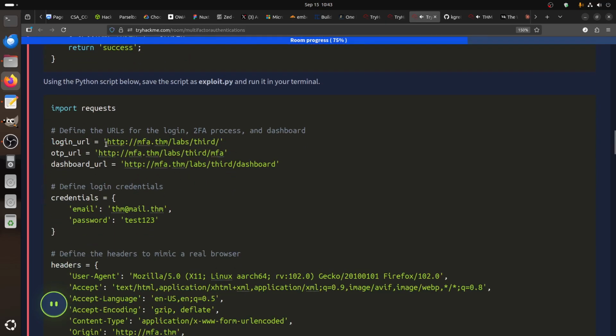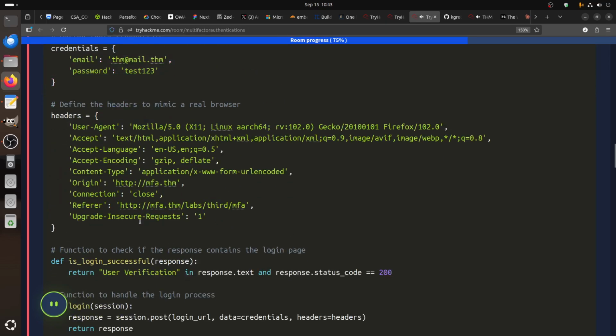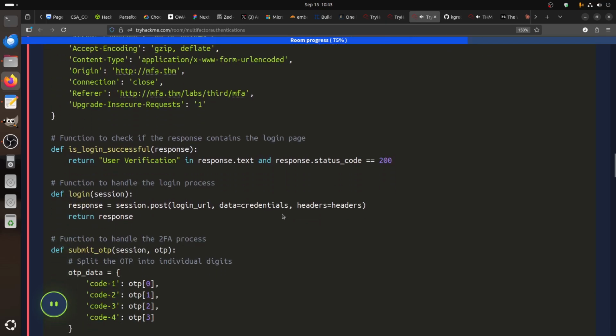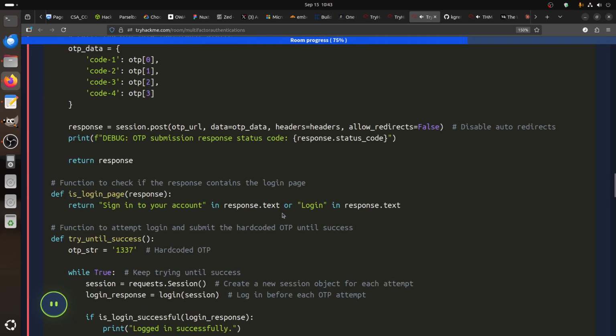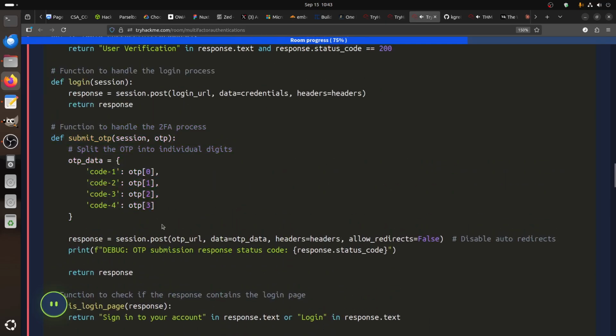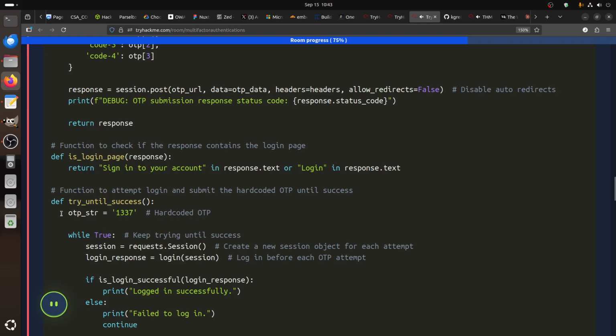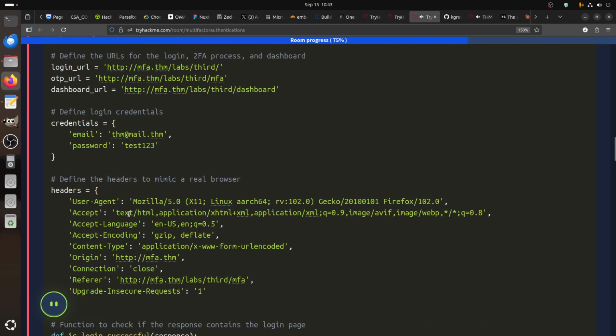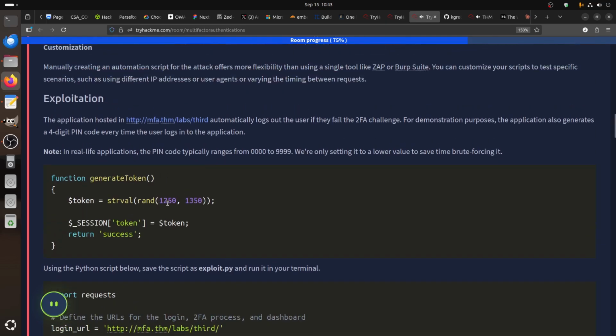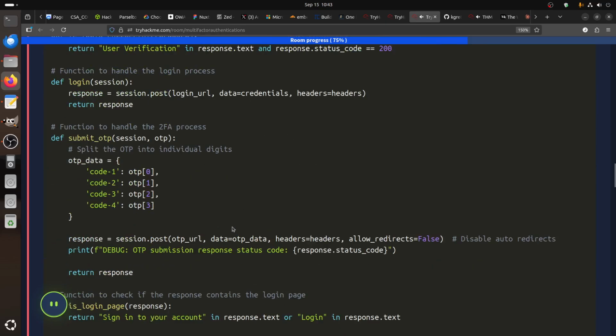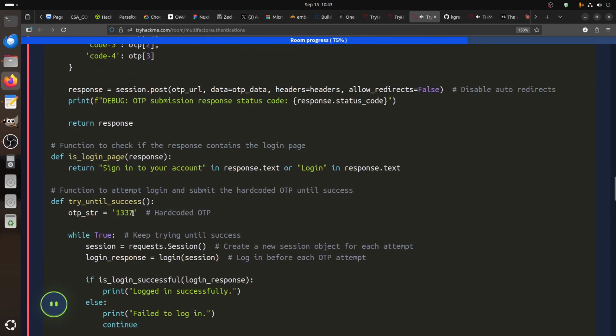Now basically the script goes to the login. It has username, password. Of course you need the header, and then it has fixed the logic of the script, and then of course because the OTP is split, these 4 inboxes. And then why we hard code, you can hard code anything depending on this, because the code is from 1 to 50, 1350. The idea here is,